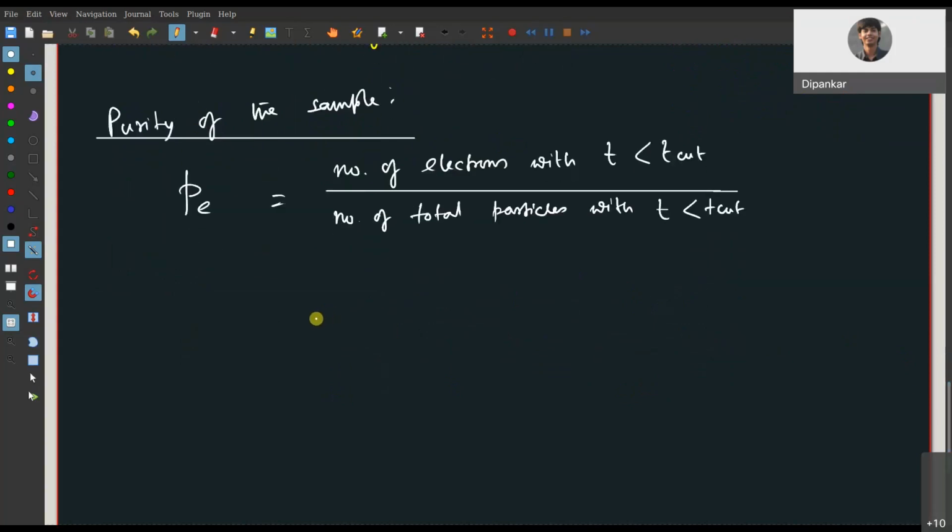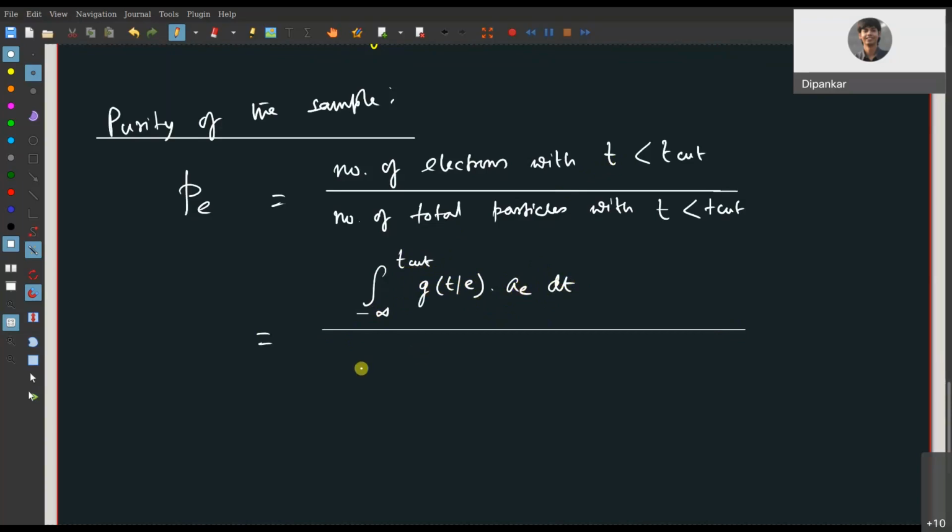The quantity on top will be the integral from minus infinity to t cut of the probability of finding an electron with ionization value T. That is g(T) given an electron, times the probability that I will get an electron, that is my A_E times dT in a sample, divided by